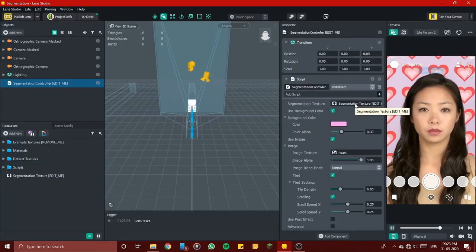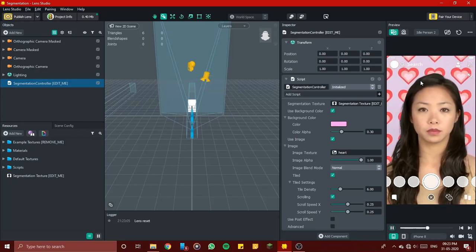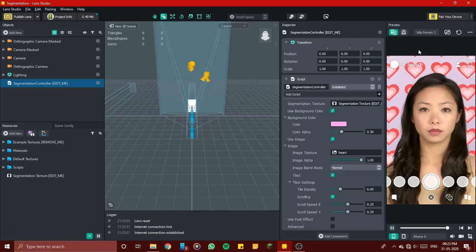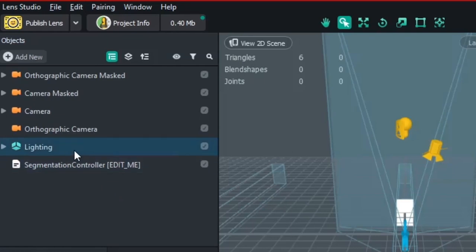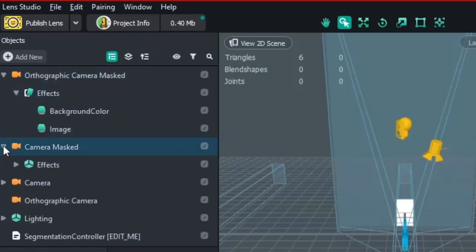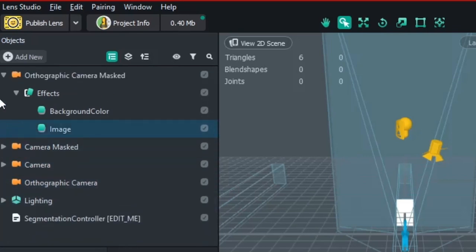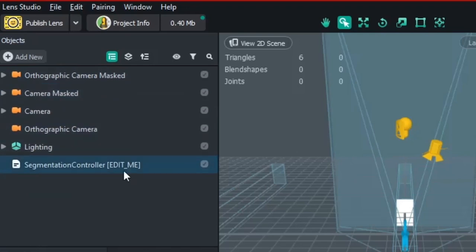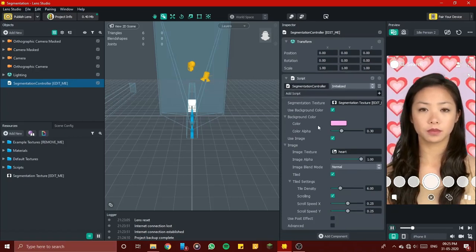So what segmentation does is it gives you the ability to replace an existing image with your own image. So that's exactly what we are going to do now. We're just going to replace the image. If you see in the objects panel, you will see all this complicated stuff, all this new stuff. Just don't get bothered by it. You have to search for a component which says edit me. You see right here, it's named edit me. When you click the component you have to edit, a new panel opens up. It's named script. So I'll explain that one by one.